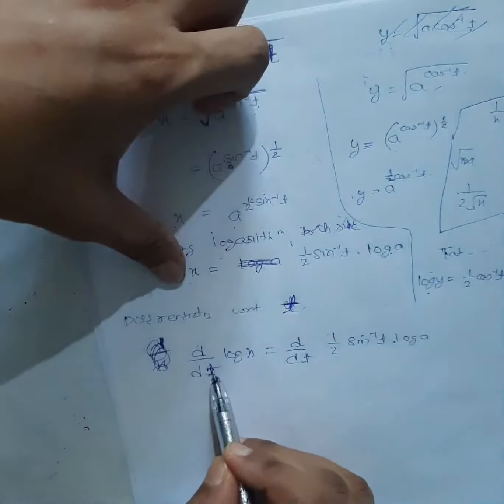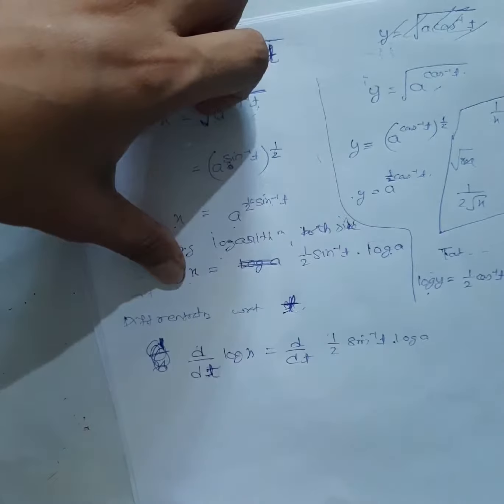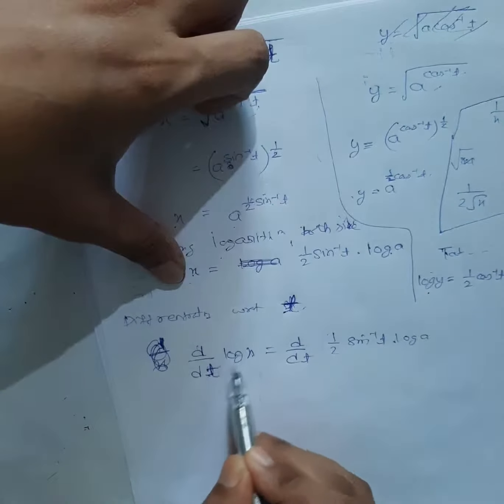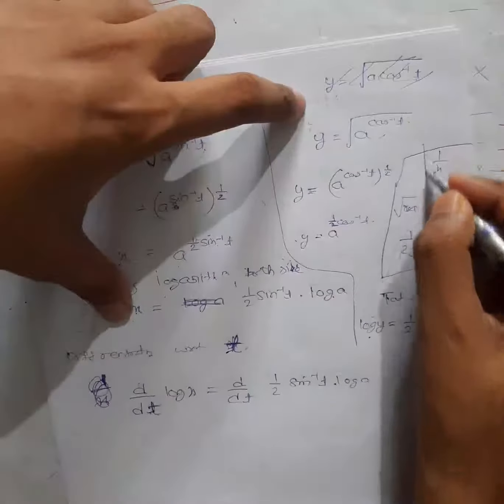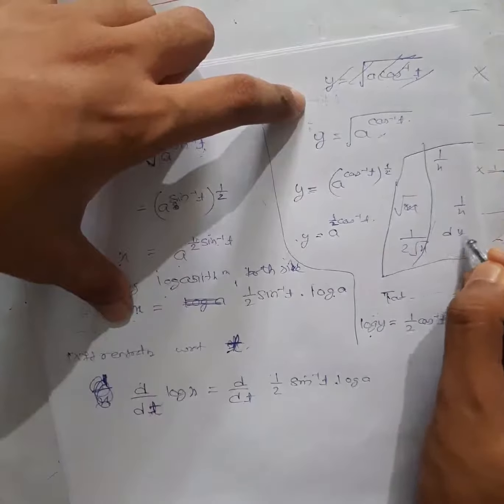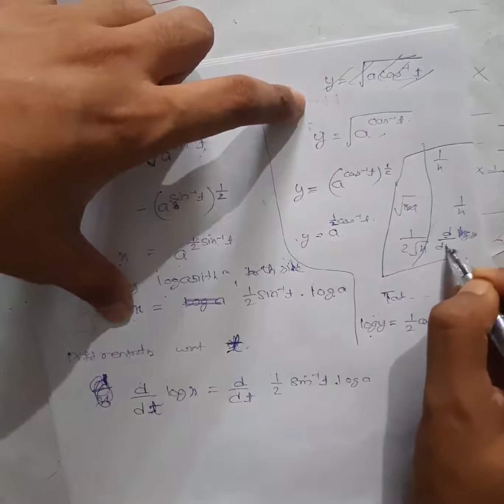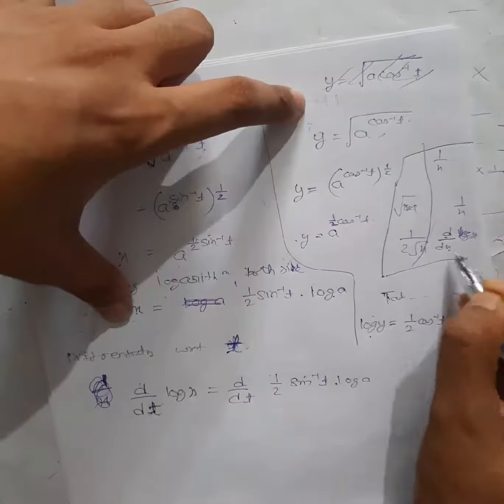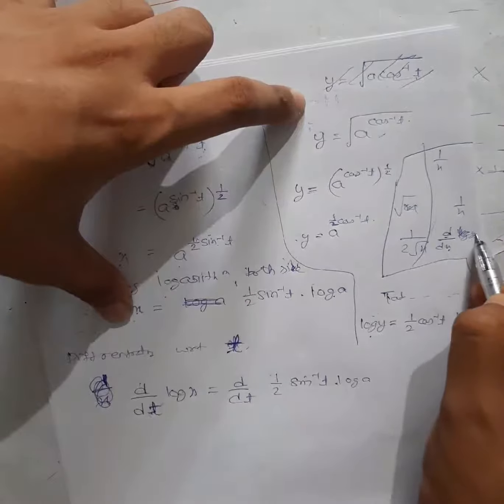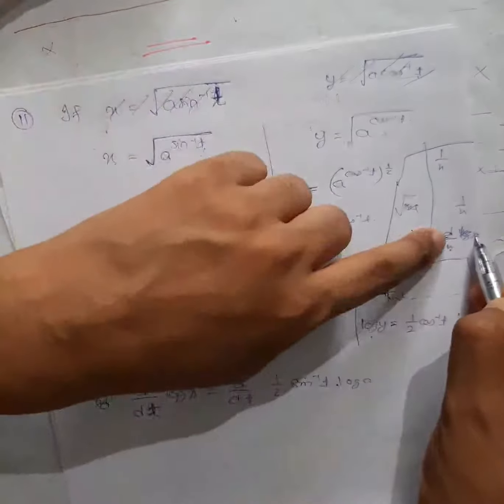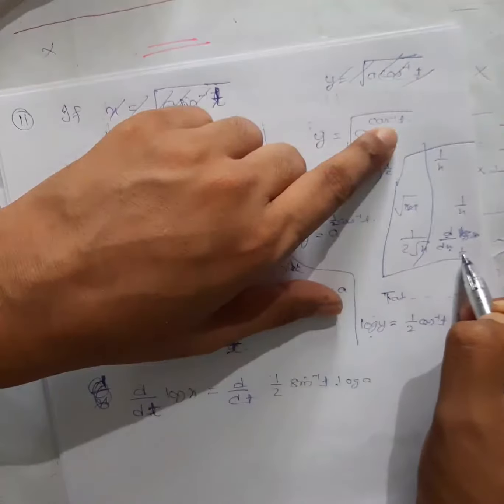Now in this case, the independent variable is t. Now this and this are different. So whenever it is different, what we used to do, for example, dy by dx of log y: whenever this and this are different, d dx of log y, we used to think of it as log x. We think of it as the same one. Then we used to differentiate and we got 1 by x.